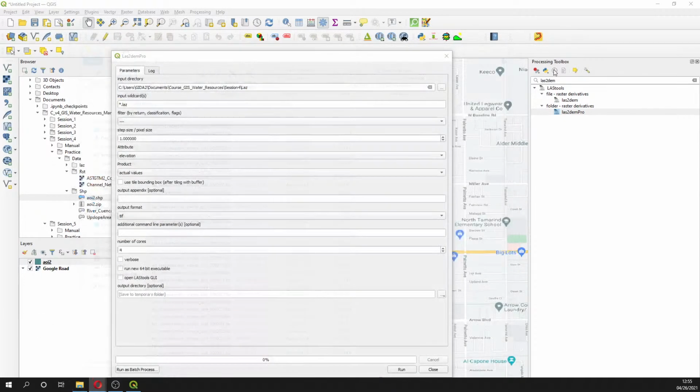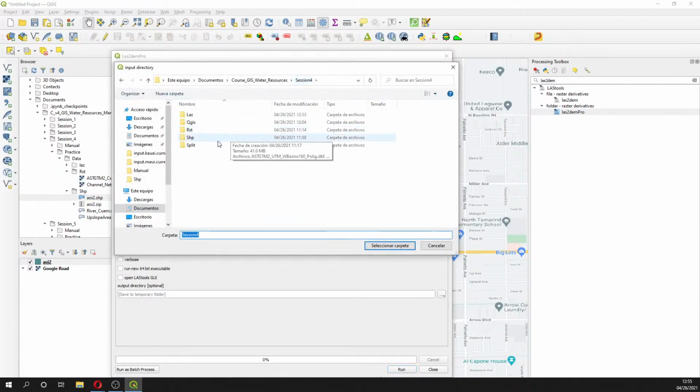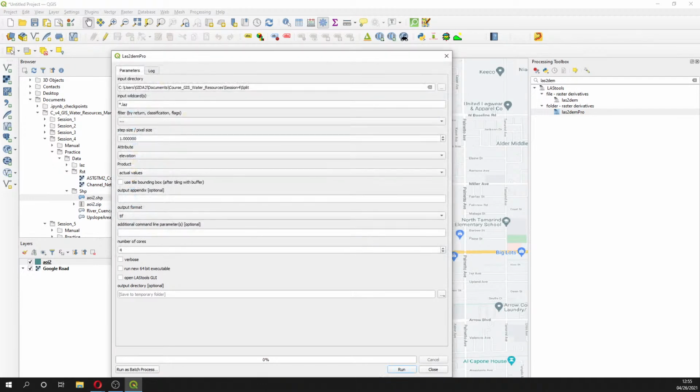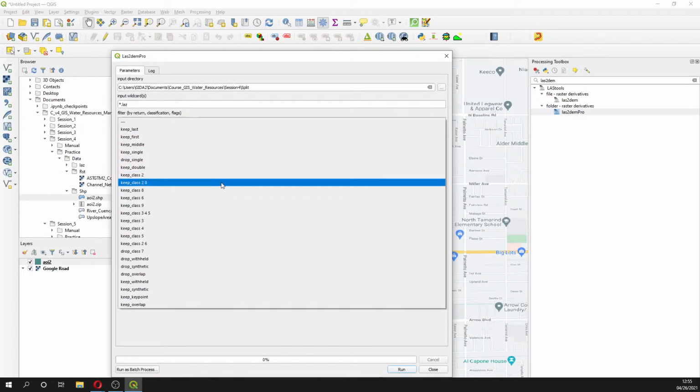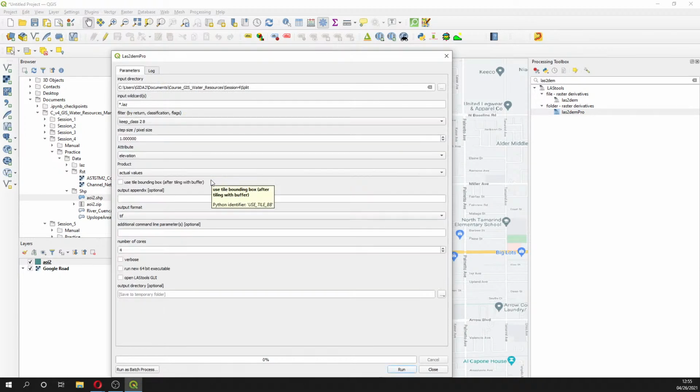So now we can do the LAStoDEM, related to the directory of split. Then here we are going to do a filter because we are going to keep the ground, and number 2 is ground and number 8 is